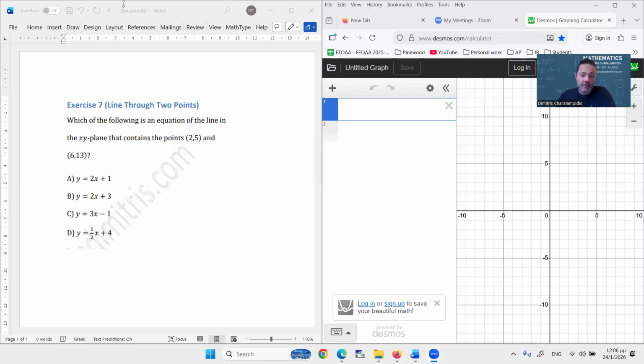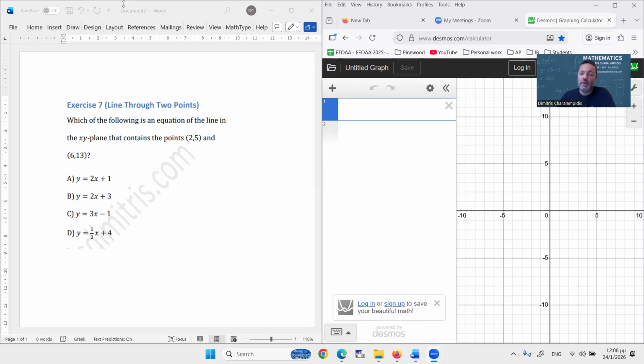Exercise 7. Yet another exercise from my 7th set of practice exercises on the SAT. This time, it's about a line passing through 2 points. So the exercise goes as follows. Which of the following is an equation of the line in the xy plane that contains the points (2, 5)